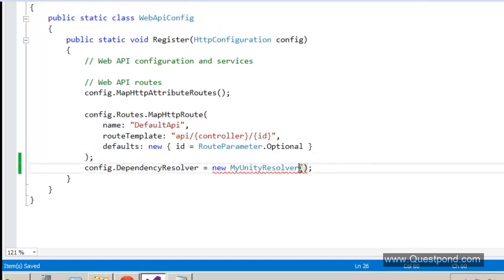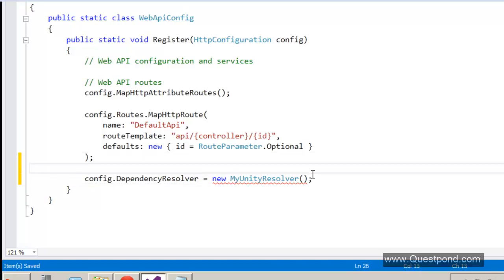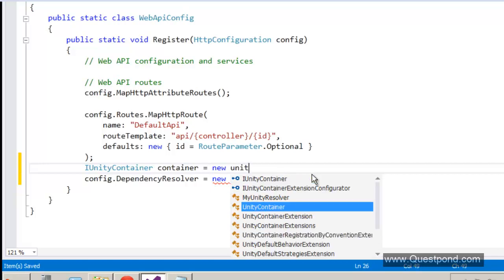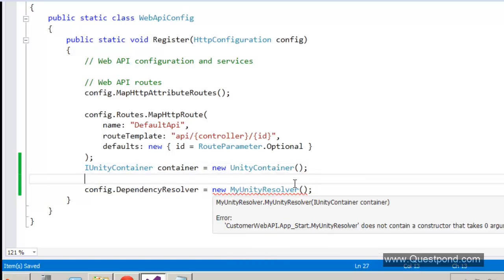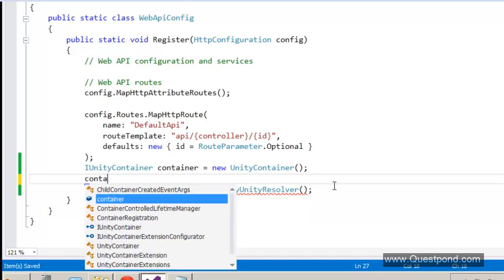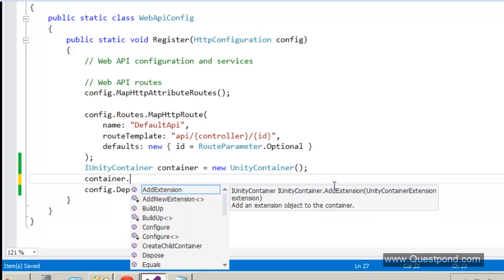Now remember that this my Unity resolver actually needs the container, the Unity container. So we have to create the object of the Unity container. I'll say container is equal to new Unity container, and we define the injection mapping here.